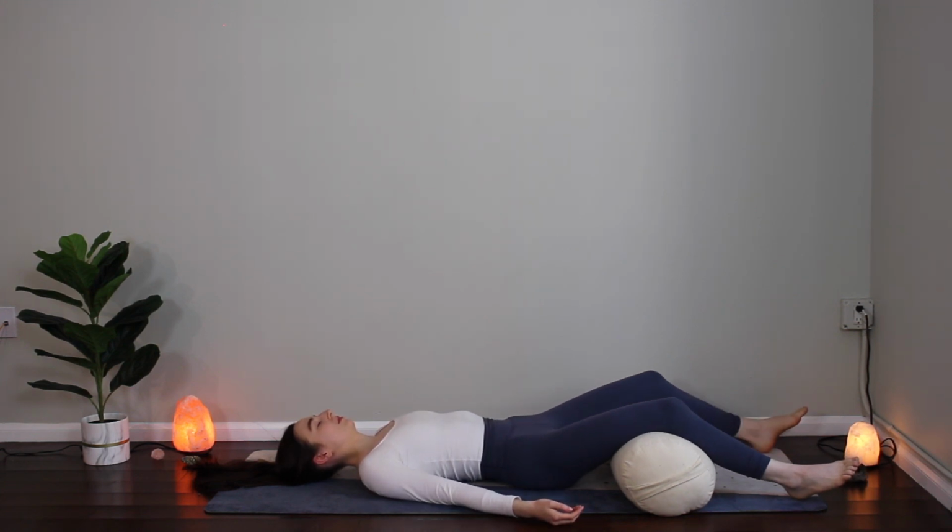I am placing my bolster underneath my knees, so maybe you get a couple pillows under the knees, making sure the arms are out by your sides, palms facing up. Letting the back of the hips become heavy, softening the belly, softening the space around the heart,